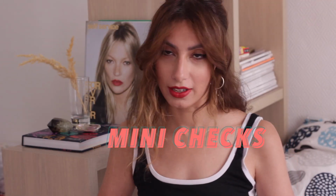The next trend, we have mini checks as prints. So there's a couple of prints that are very hot this season, and I think I will do a separate video on the prints. Let me know in the comments below if you want to see more on prints, if you're a print fan. But one of the really major prints that have come on the market are mini checks,